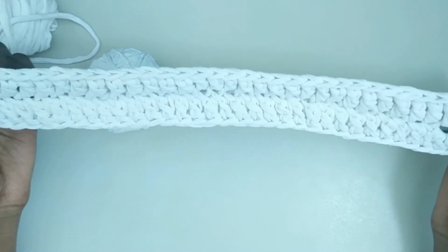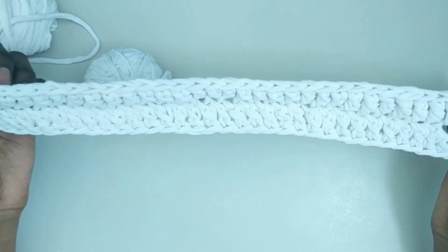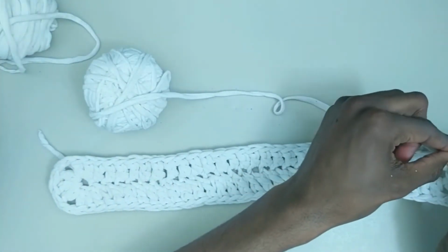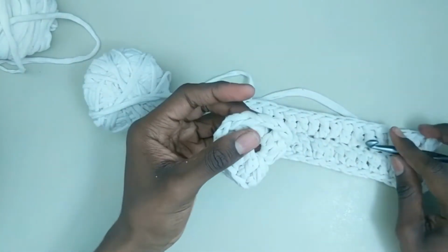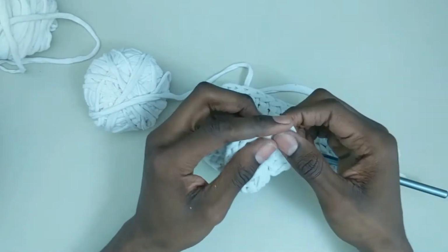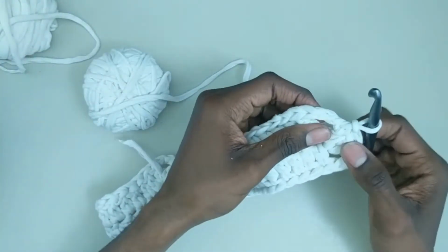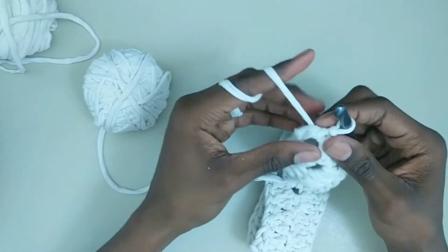And the way you continue this is very similar to the granny square. So basically, you just do double crochets all the way across until you get to the chain 2s, in which case you work 4 double crochets into the chain 2 space, 2 here, 2 there. You work your double crochets across these, and then the same thing, go all the way back, get to here, and every time you come to a starting point, so like here, the way we begin the next